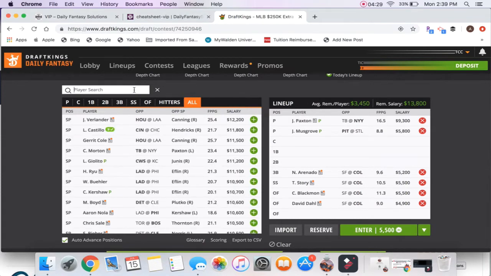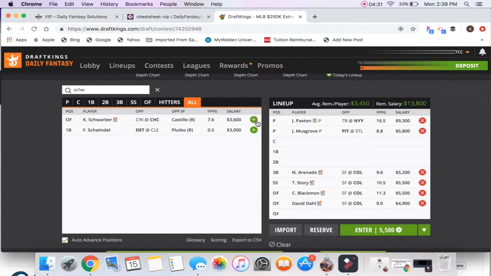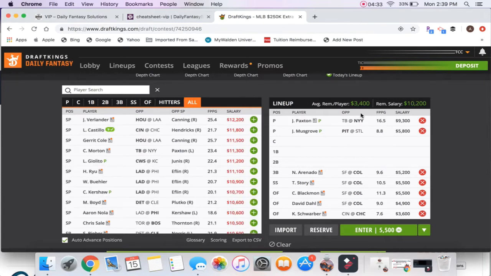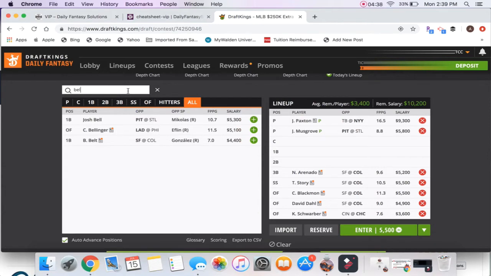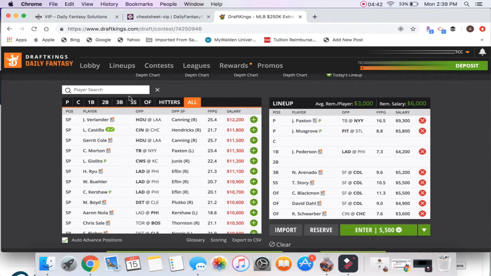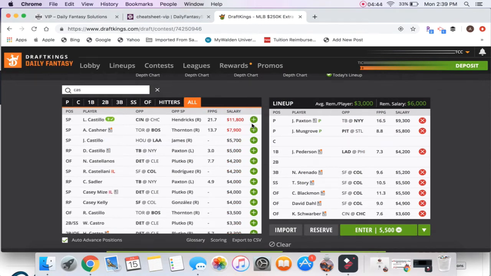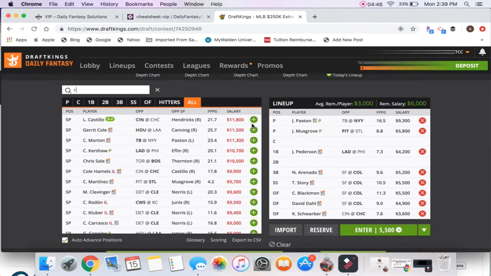Remember, they were out quite a bit, and then Schwarber is just too cheap for me here. So that leaves me here. You can see I'm going to need some value. If you remember, we had Belt or we had Jock. So if we went Jock, punt with catcher, which was the Kurt Castley play,